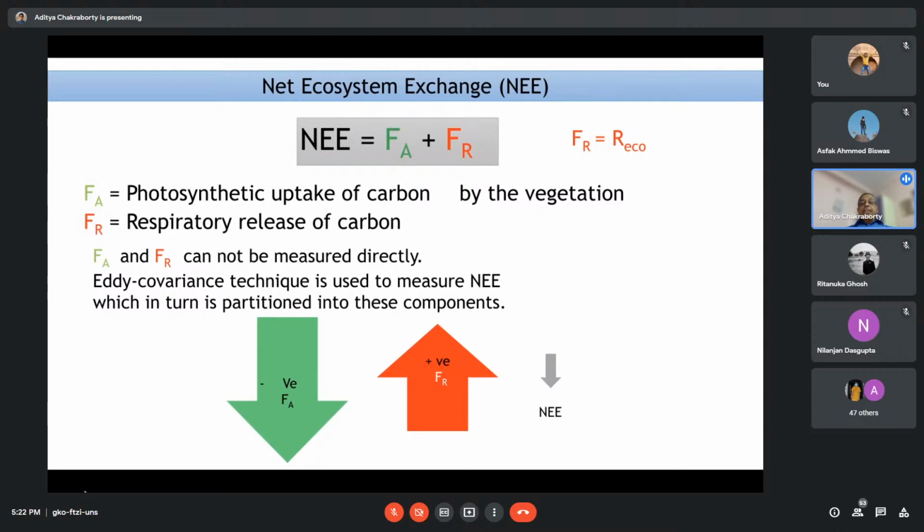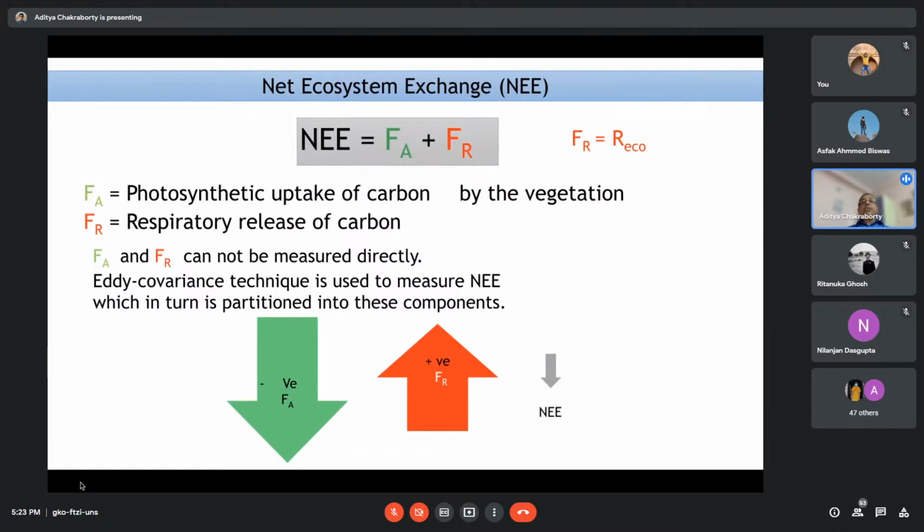And also please note that the total numerical value of the source and sink characteristics, or the photosynthesis component and the respiration component, can be much higher than their difference, that is NEE. Sometimes it could be almost an order of magnitude. Of course, it varies from ecosystem to ecosystem, but in some cases it could be very high. As I told you, at least 7-8 times. Sometimes it could be 2-3 times. So it also imparts some kind of uncertainty.